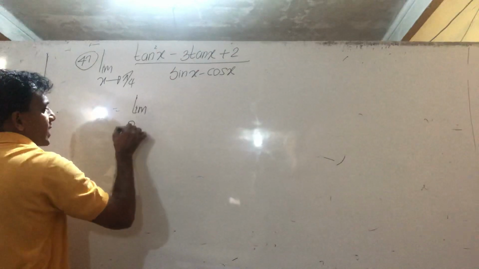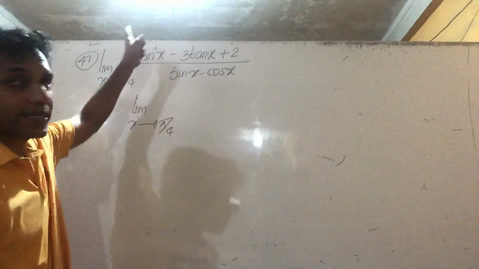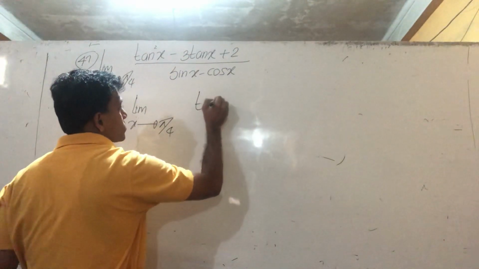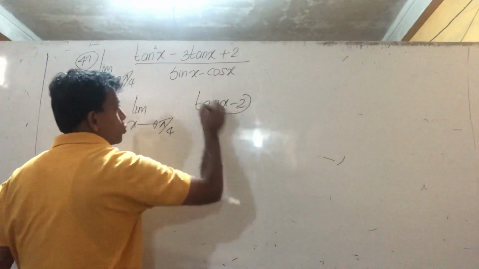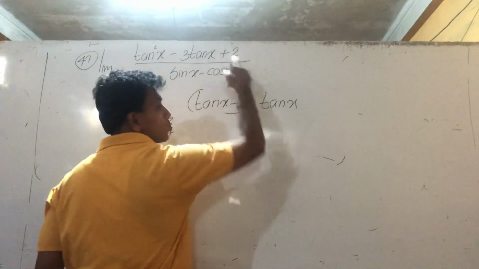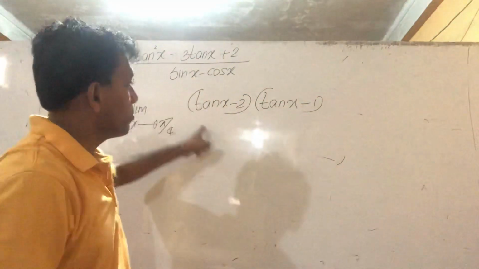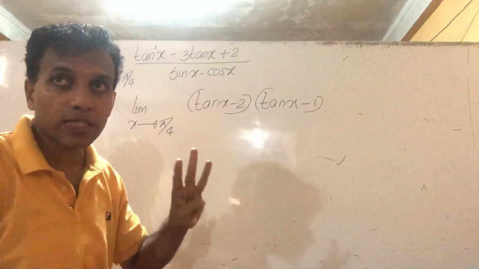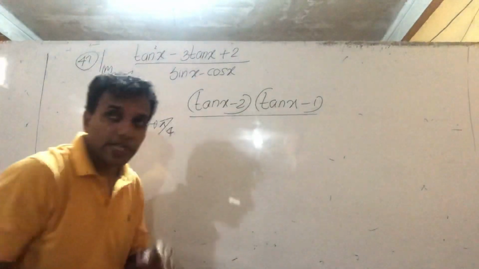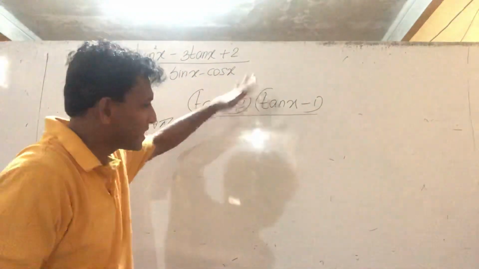Limit x tends to pi by 4. Try to factorize that. Tan x minus 2 tan x what? Yeah, plus 2, therefore minus 1. Check value. Multiple tan square, okay. Minus tan, minus 2 tan, minus 3 tan, okay. Everything okay. As I mentioned earlier, one of these terms should come down, then only cancel the remaining